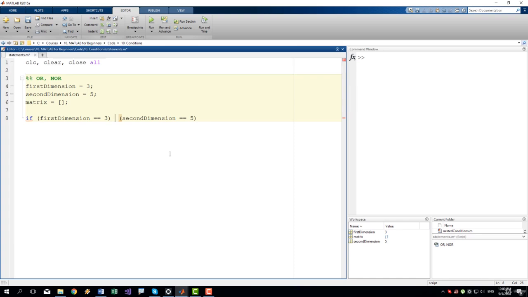Since we want at least one of these two dimensions to be true, this means that we have to use the OR operator. So OR. And also, as you can see, I have used brackets around each of these expressions. I have used brackets because brackets, just like in arithmetics,